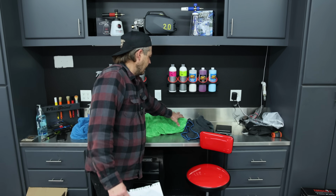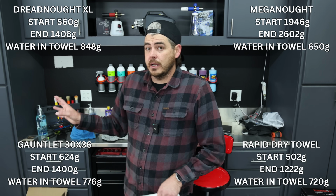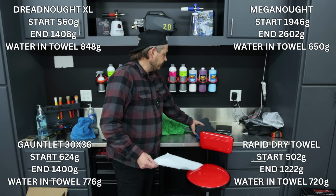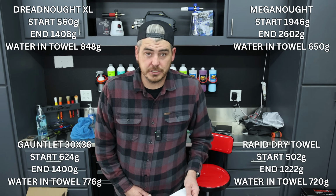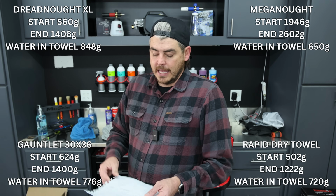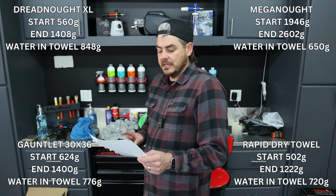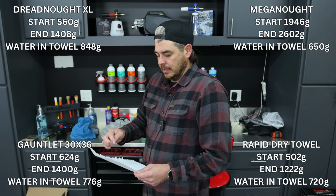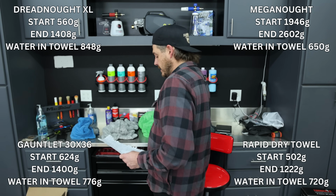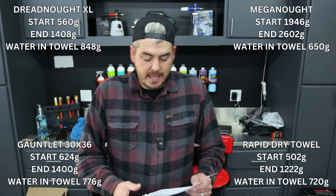than it actually did. Now, as far as the Rapid Dry Towel goes, this one's gonna be in the same class as those other two, right? It's saturated. We could do a little bit more, but getting another car out of it, no way. But this one started off at 502 grams, the lightest of the bunch, even though it is significantly larger than those other two. At the end of it, we are at 1,222 grams, and that is an increase of 720 grams. Again, less than the other ones, but because it's bigger, I think it's pushing off and then absorbing behind it. That means that this one came to 58% of the weight currently is water, and that is